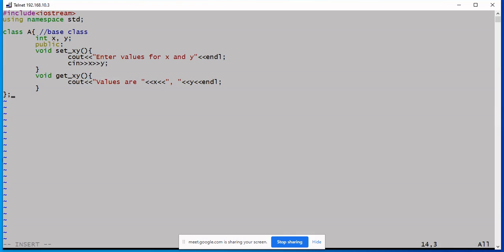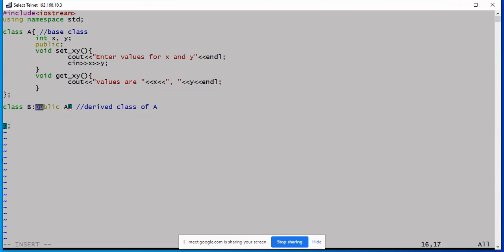And then let's write the definition for derived class. I want this to be a derived class of A. What is the syntax to inherit from another class? Yes ma'am, colon and public A. Good. Before you start with the definition, just before you begin with the opening brace, you need to write the class name followed by colon, public and A.